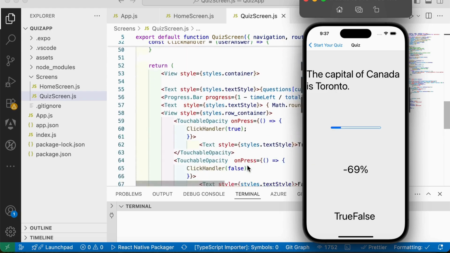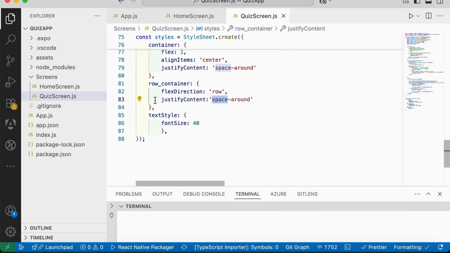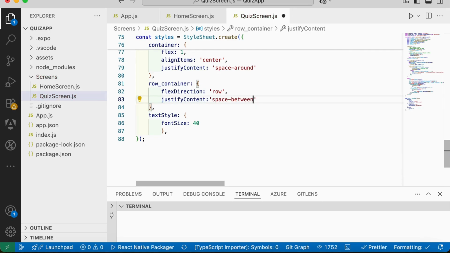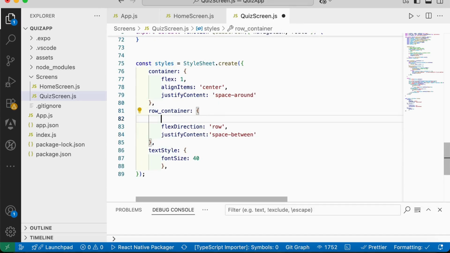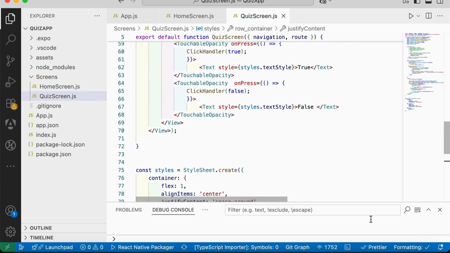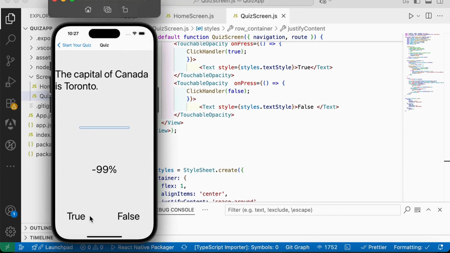Here we go, those are bigger, with more comfortable spacing. Justify content, and I will select space between. We'll give the row container a width, so in this way it will have space for the space between to be spread out between the two buttons. Here we go, nice. The thing that I'm not happy with so far is this value being 49, 39, 29,